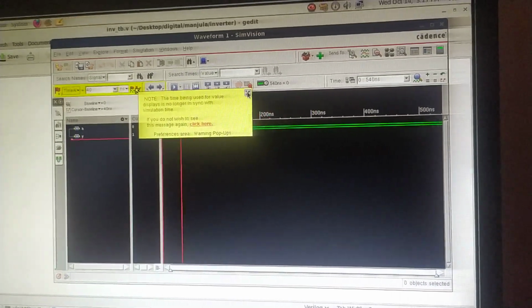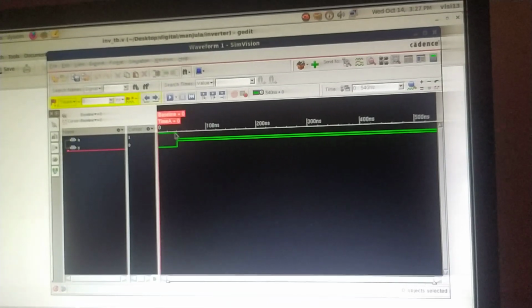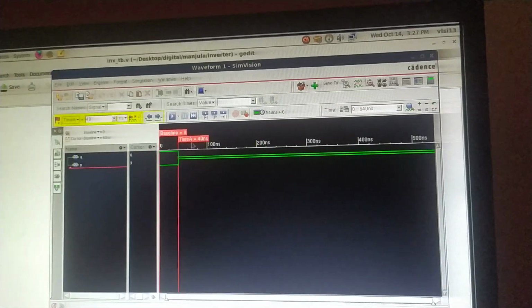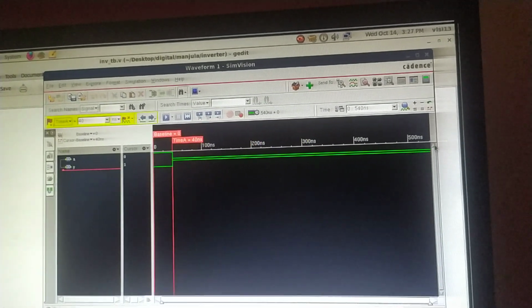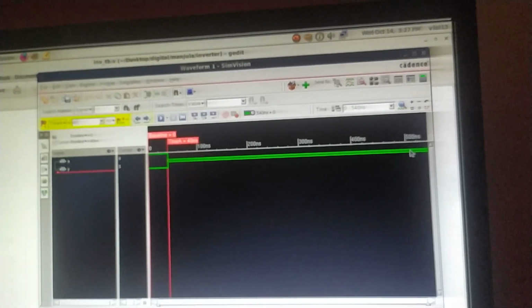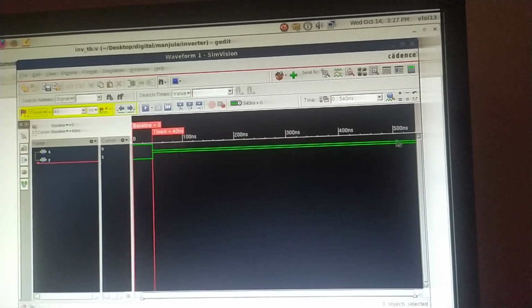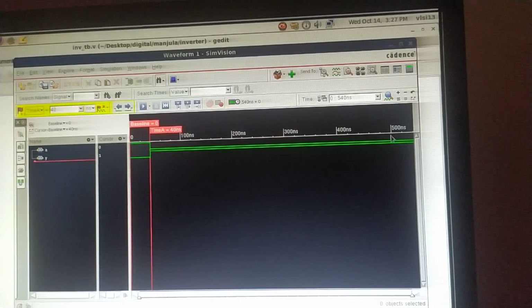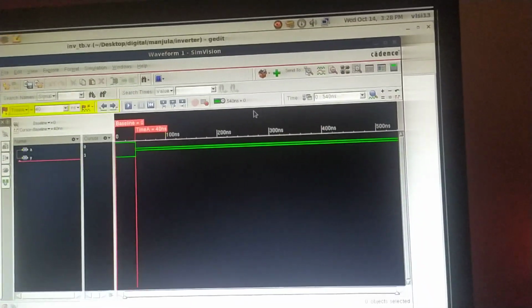Remember first a is high, so that is what you can see here. a is high up to 40 nanoseconds, and later it becomes low and remains low forever. We are going to end at 500 nanoseconds. We have given $finish, which means we are ending the simulation at 500 nanoseconds. So this is about the simulation.